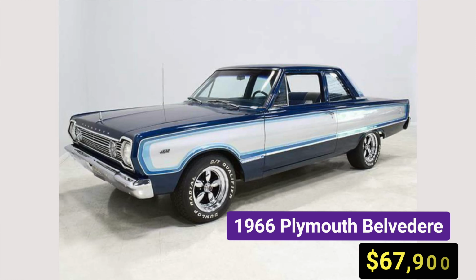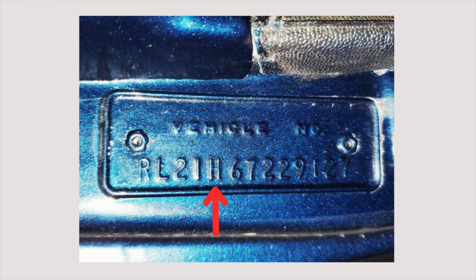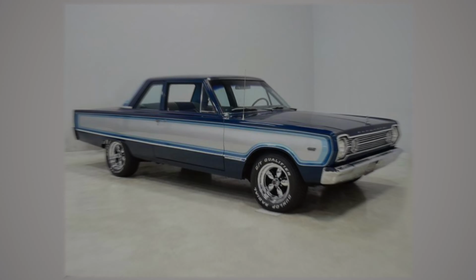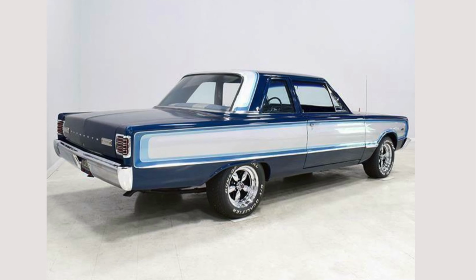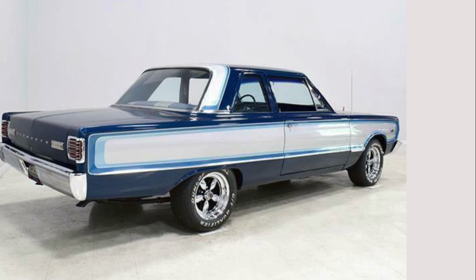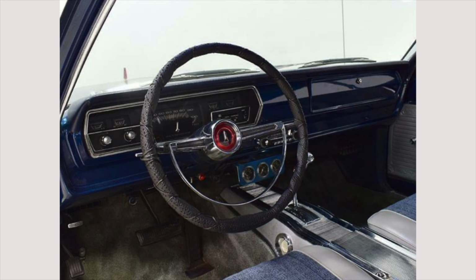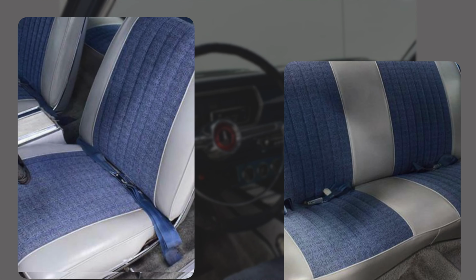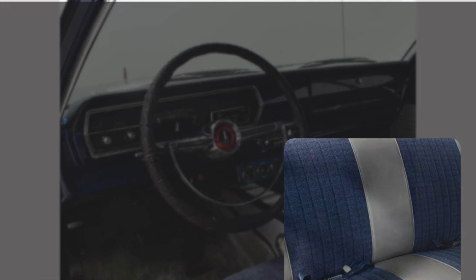Here's a car you can use as a daily driver with an asking price of $67,900. It's an original H-code car and has 30,000 miles. It was repainted sometime in the 1980s with the old school stripes on the side and on the roofline around the rear window. The interior has bucket seats with a console, and the seats were reupholstered to match the exterior